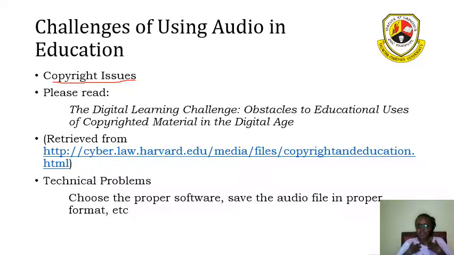Once I create something and then I post it online, who does it belong to? For example, for this particular file, I'm going to hand it over to the ICT department of UMU. I'm going to ask them to upload it on the YouTube channel for UMU, then link it to Moodle, where you as students have the right to download it and view it at your own free time.